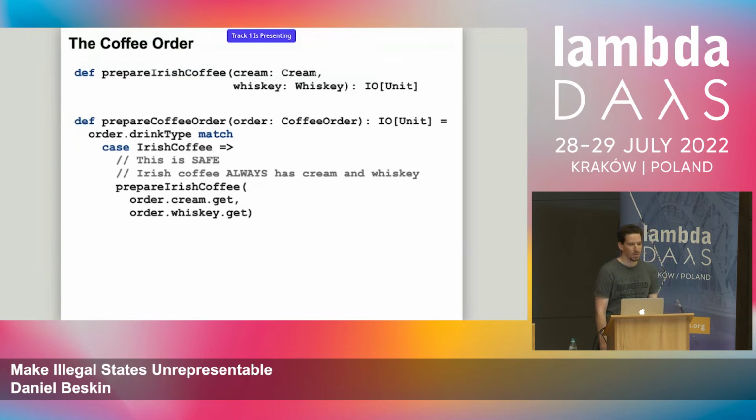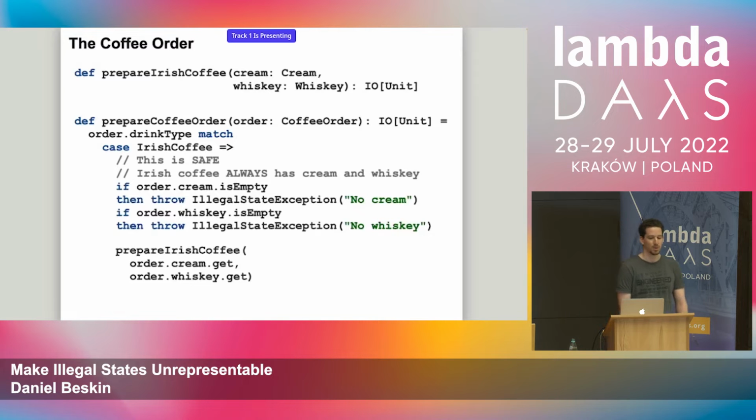Now, notice that we are accessing optional values, and we're very careful here. We have a comment that says this is safe. That's probably okay, right? I mean, what could possibly go wrong? Because it makes no sense to have empty values of cream and whiskey in case someone ordered an Irish coffee. So maybe just in case, because we don't want to be too troubled with debugging late at night, we'll make it even more explicit. So we'll throw a nice exception that has more information in it. So it might be nicer to debug, but it really is impossible. I mean, you can't have Irish coffee without cream and whiskey.